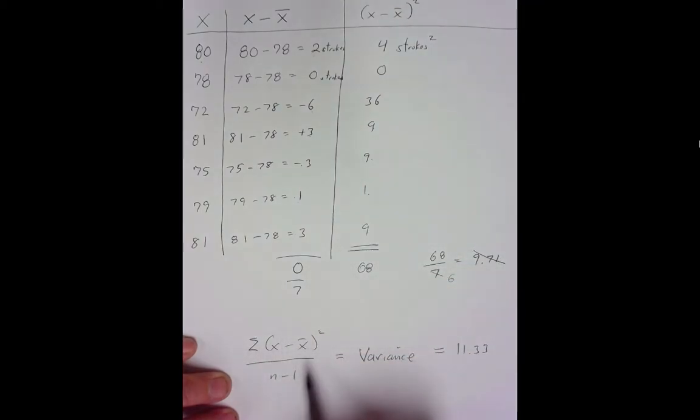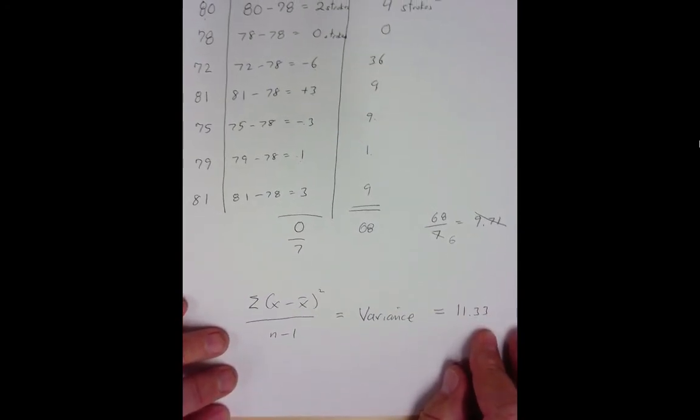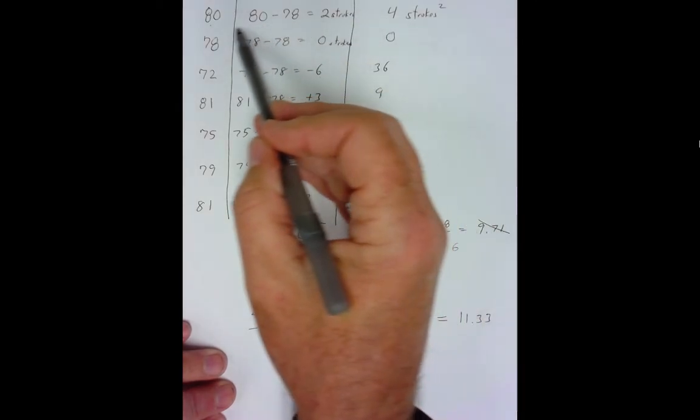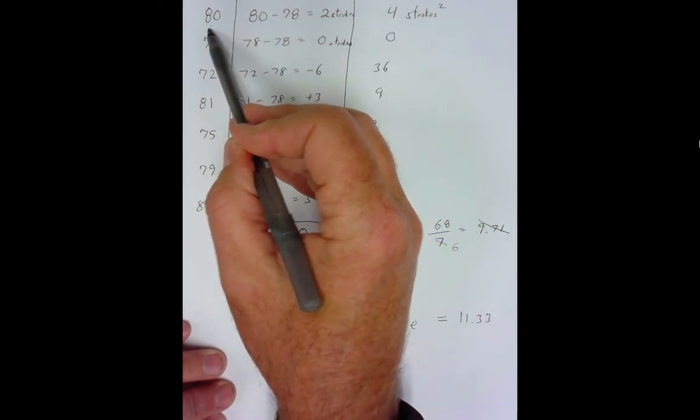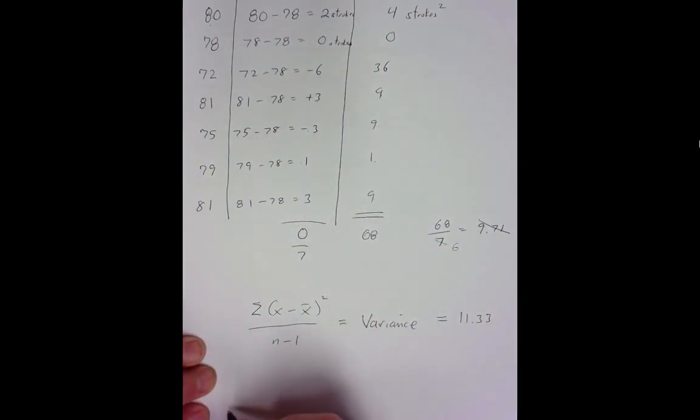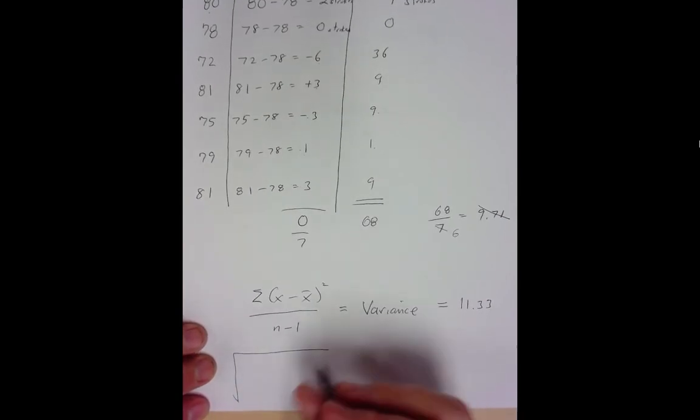So when we add all this stuff up and square it, what we end up with down here is 11.33 strokes squared. And the statisticians thought, well, that's kind of goofy to have a measurement in a different unit than we started out with. Well, we need to get this back to just strokes, and the best way to do that is to take the square root of